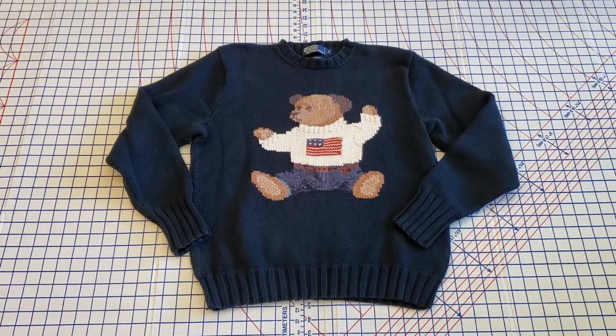Oh man, thrift store sweaters for the win, you guys. This is one of my favorite thrifted sweater finds. I purchased it a number of years ago at a thrift store, and I think it cost me about $5 or $6, honestly. But it is a Polo Ralph Lauren iconic bear sweater, and this bear icon shows up